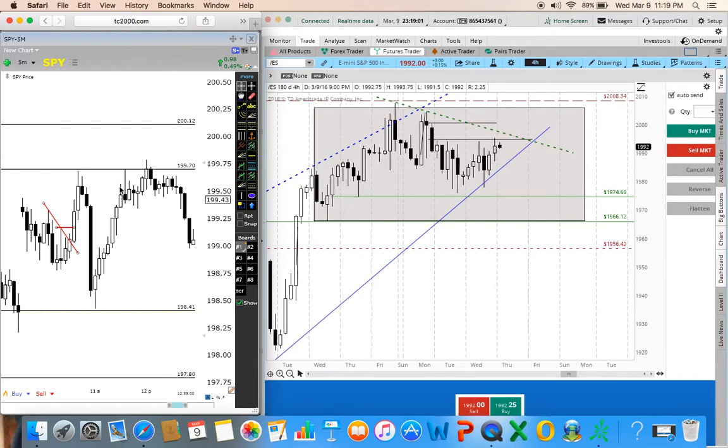Why? This is push 1, this is push 2, the third push failed. This is push 1, this is push 2, the third push failed. So remember, the rules never change. I have shared all these rules in the previous recap videos. Go back and look at those recap videos. This is push 1, this is push 2, this is push 3, and after a push 3 we often get a deeper pullback. On the other hand, if you have drawn a trend line here,